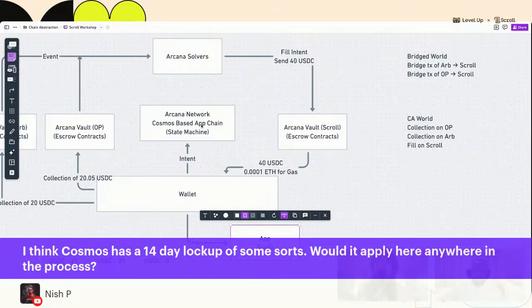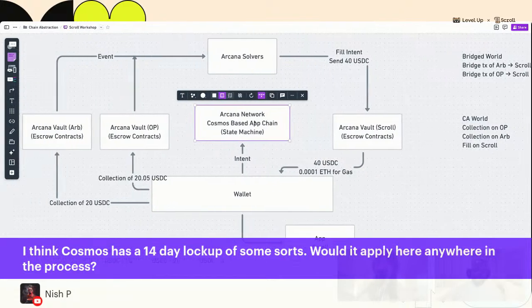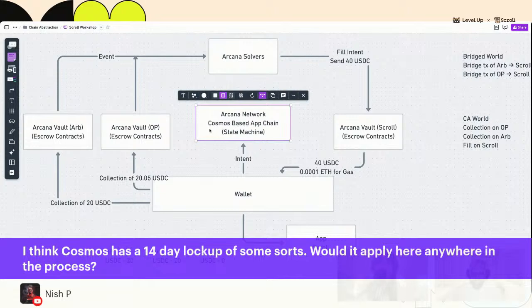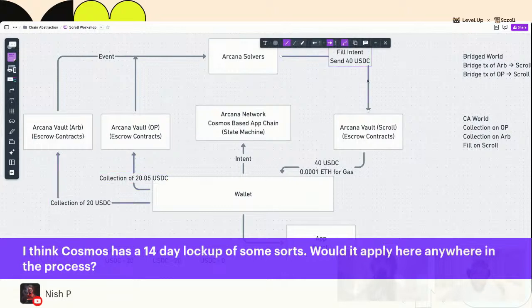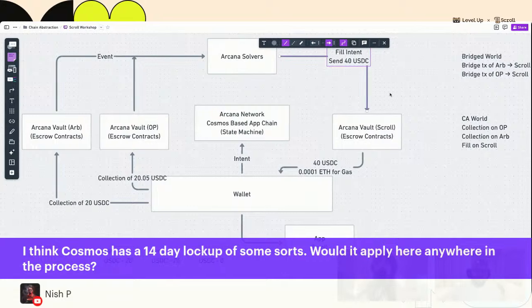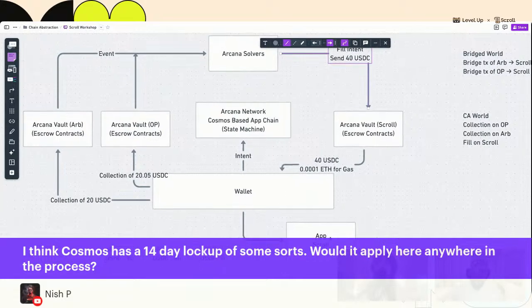No, not at all. All this does is keep track of the state machine of the intent state, and that's all it's there for. In any of this flow, we bring some of this data, like this collection data and this fill data, on chain, but none of this comes in the way of the user getting the funds in order to transact.